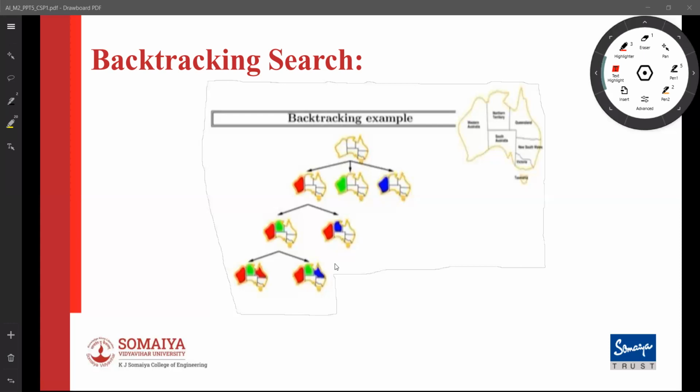Even though we do not have any value remaining for South Australia, the search can still proceed and never find a solution at this point in time. So we do not know this, or at least the algorithm does not notice. The algorithm thinks that we will keep searching at the node, it might find the solution, and of course we can notice it quickly and say that at this point there is no point in searching.